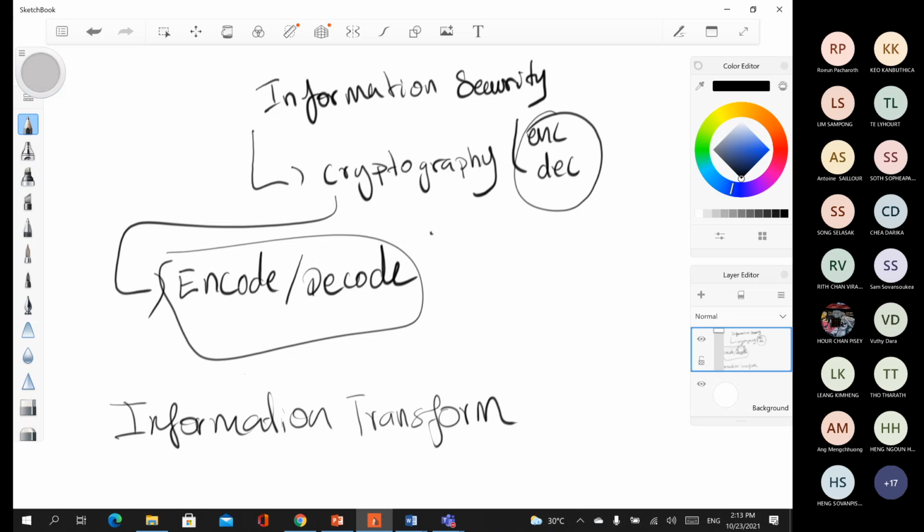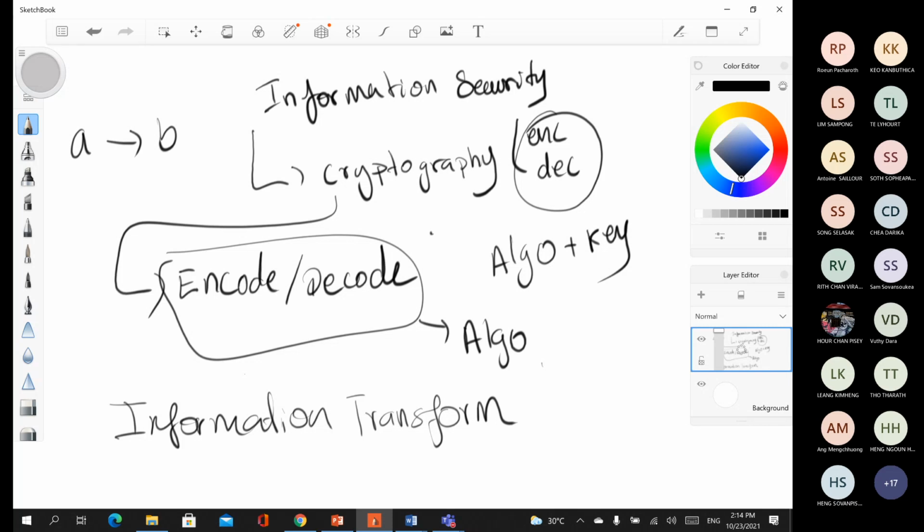For example, I have input A and put it into code, and then you get B. So it's a process of encode and encrypt. But the difference between encode and cryptography, like Antoine said a moment ago, is about the key. If you focus on algorithms or encoding, they have only an algorithm. But for cryptography, you have algorithms and a key. For example,